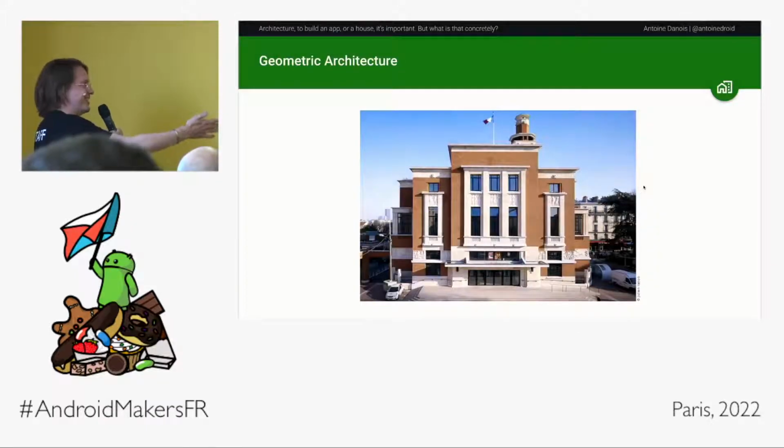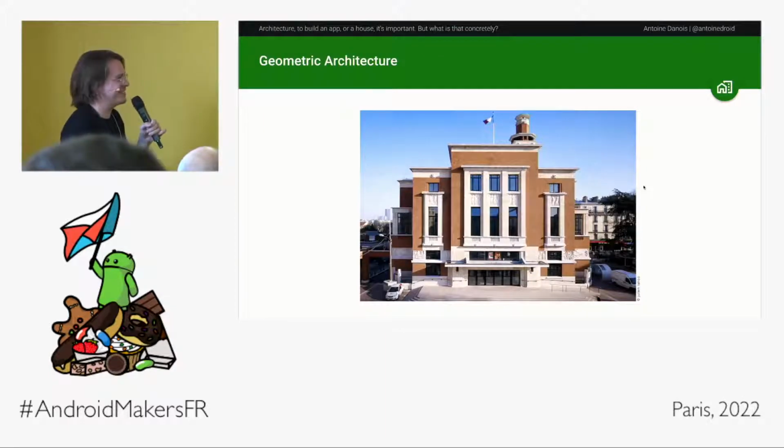Another architecture, it's not related to software architecture at all, but this is the Beffroi de Montrouge, and we are inside. It's a geometrical architecture made by Henri Deco in 1933. And you see, it's not a big ball of mud. It's not like a simple pyramid. It's a nice building with shapes, etc. And we can go in it. There are several rooms, and if we want, we can do some work in one room, and the other one will not be touched, etc. So yeah, I just put that here to have a more visual example.